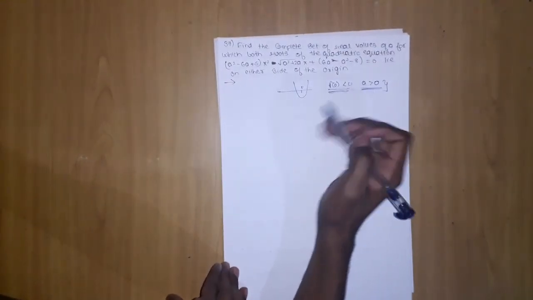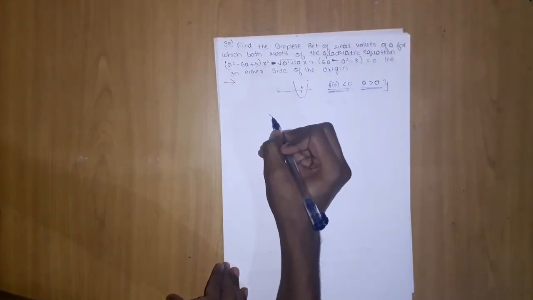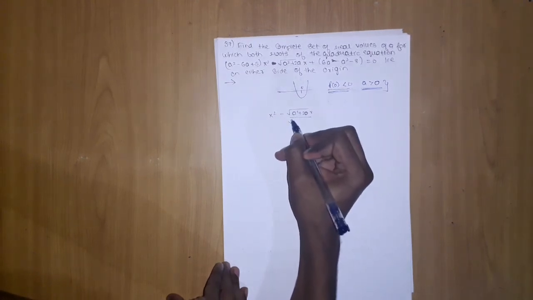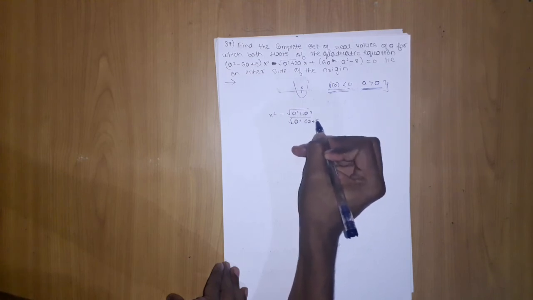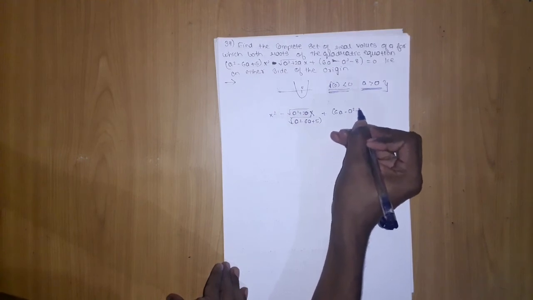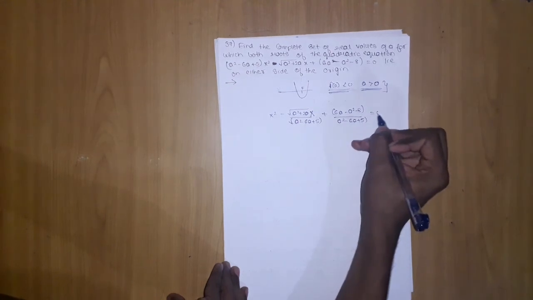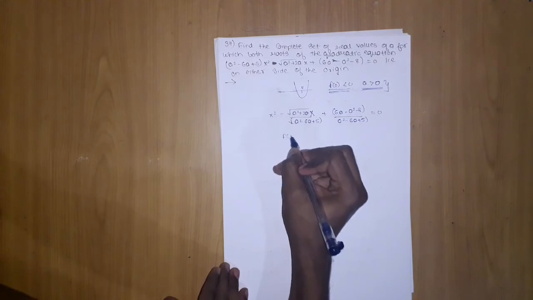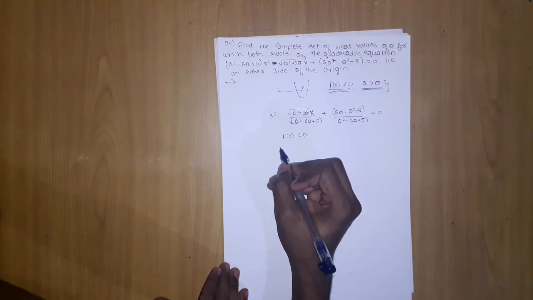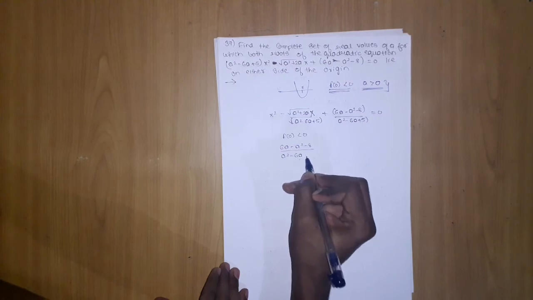So how can you get this condition? Just divide by a square minus 6a plus 5 so that the leading coefficient becomes 1. When we divide it, we get x square minus under root a square plus 2a x upon a square minus 6a plus 5, plus 6a minus a square minus 8 upon a square minus 6a plus 5 should be equal to 0. Now apply f of 0 should be less than 0. If I apply, this whole term will become 0. I will be left with 6a minus a square minus 8 upon a square minus 6a plus 5 should be